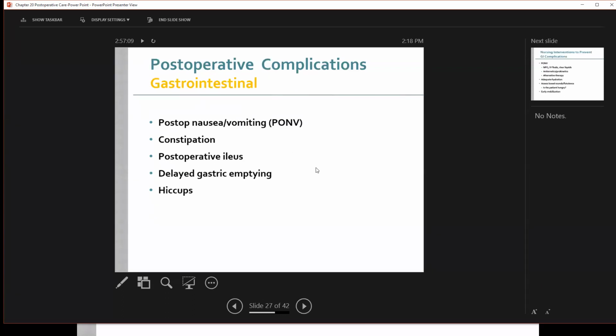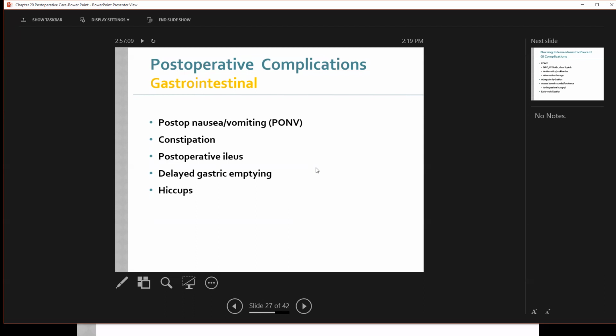Gastrointestinal problems. Postoperative nausea and vomiting is the most common complication. It affects as many as 80% of high-risk patients and may lead to increased hospital length of stay and patient dissatisfaction. Patients less than 50 years of age, female, history of anesthesia or opioids used during the surgery, history of motion sickness or post-op nausea and vomiting, non-smoking status, and the duration and type of surgery will all affect the